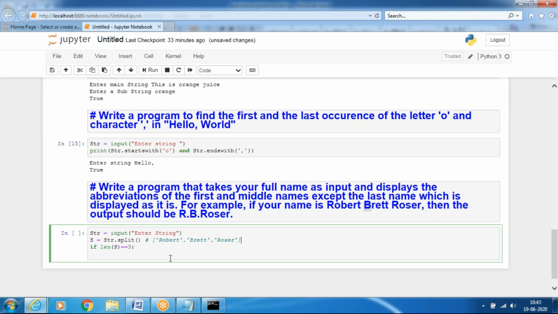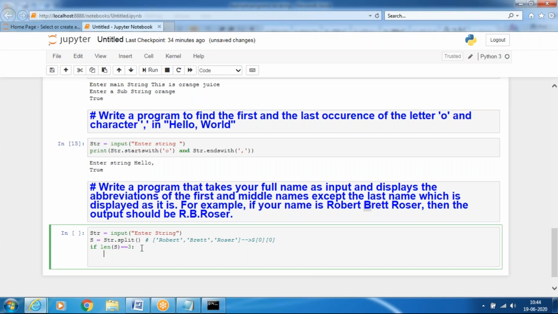So like this it will be split. Then the first character of the string Robert: we want the first character, and for that you will use s of 0, the 0th element. I will print like this: s of 0, 0th element.